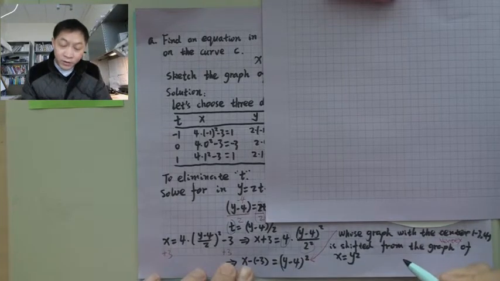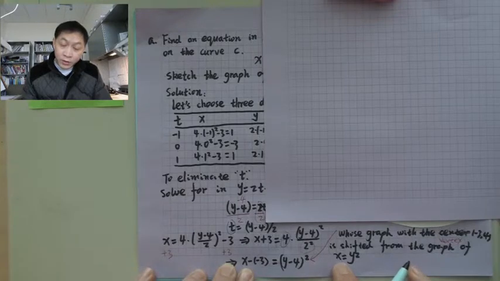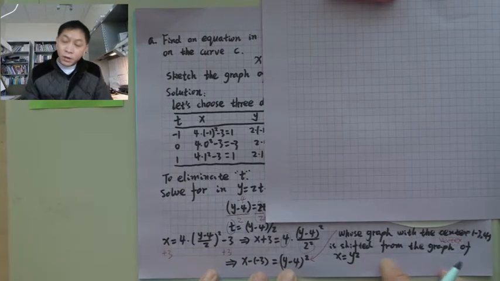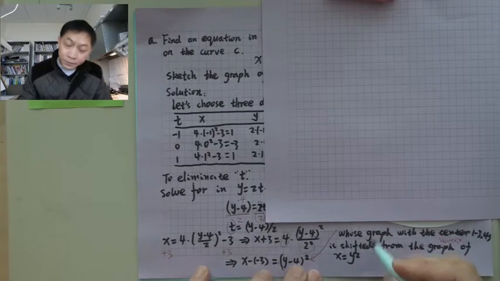Okay, you see previously without shifting should be x equals y squared. Okay, now you have x minus -3 and y minus 4, so it's going to be this one. So it's shifted from the graph of this equation